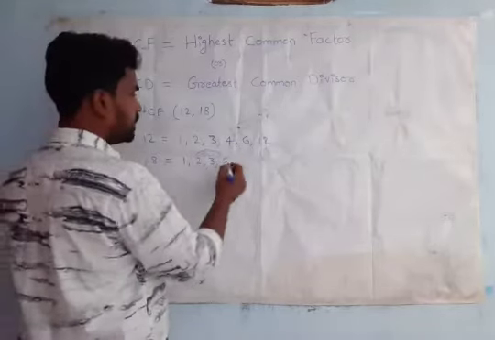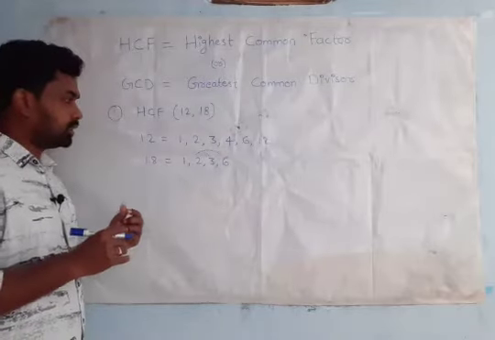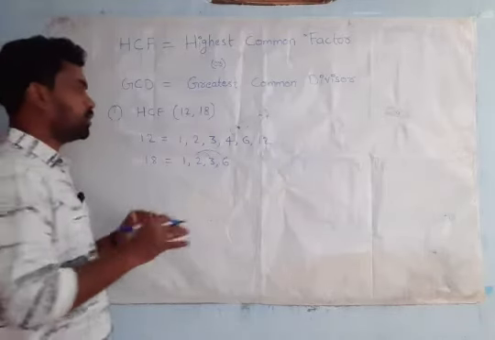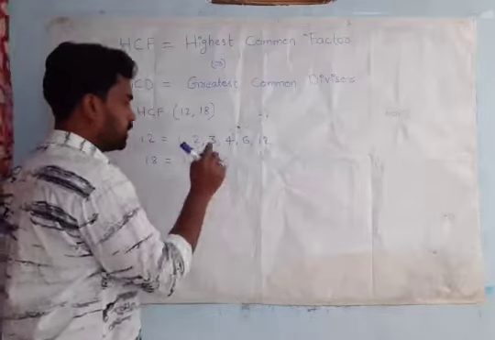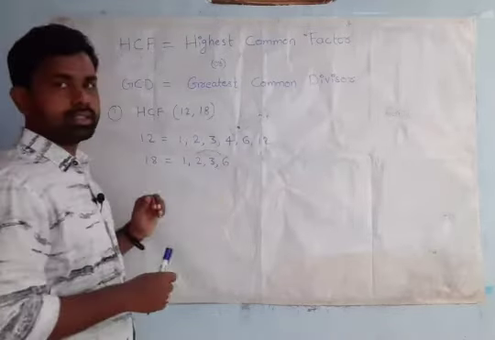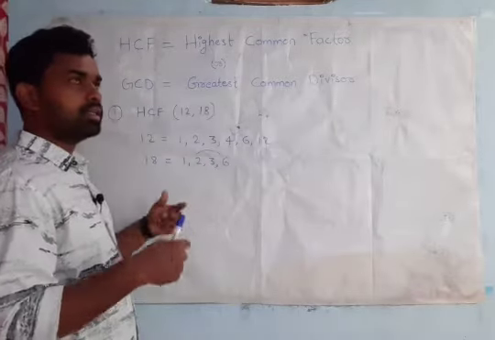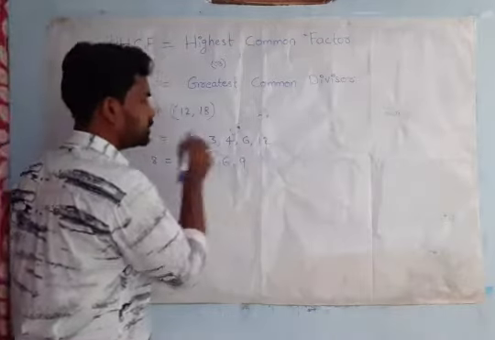So you check in the 12 table. In the 12 table, is 18 present? In the 12 table, 18 is not there. So you don't write it. You go for the next number. The next number is 3. First you multiply the number by itself only. 3 into 3. 3 3s are how much? 3 3s are 9. In the 9 table, 18 is there. 9 ones are 9, 9 twos are 18. Yes, it is there. So you can write 9 in this list.